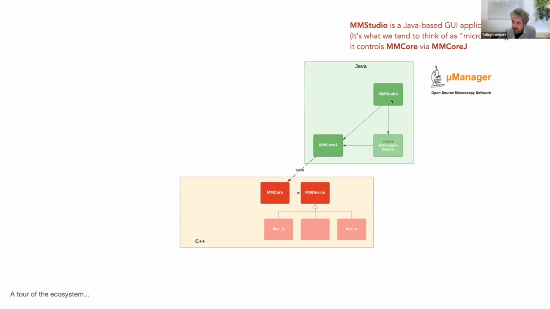I will also mention that the multidimensional acquisition engine, the thing that lets you acquire 3 channels for n time points and z stacks, etc., and build up a complex multidimensional experiment, was originally written in Clojure, not Java. What's interesting and complicated here is that as soon as you want to start to do complex things,